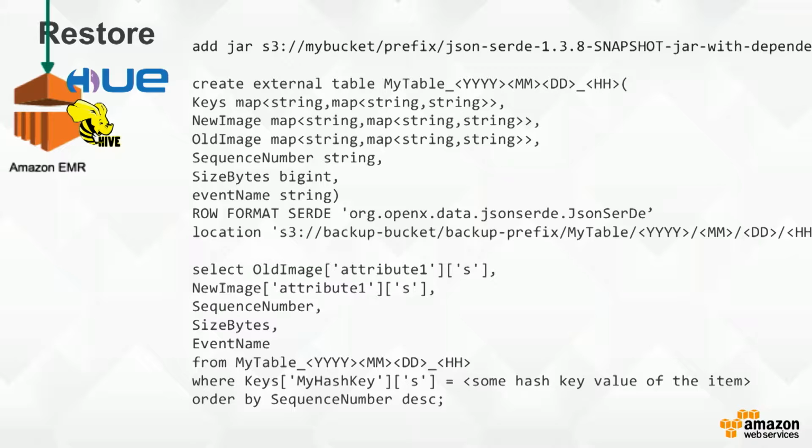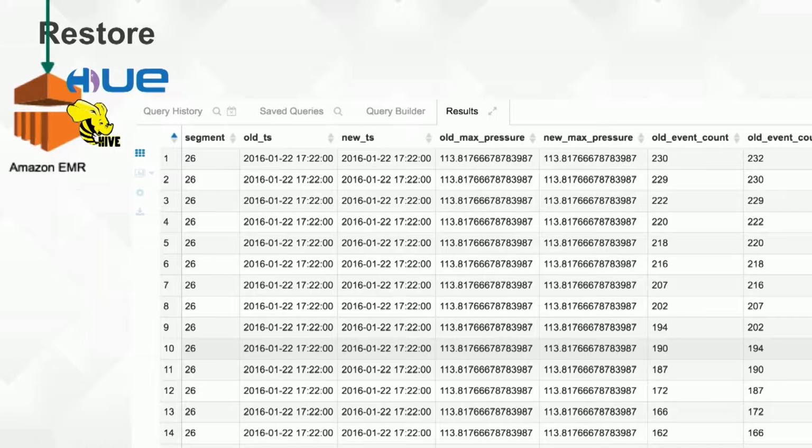Go out, give me the old image, the new image from my table, add a timestamp, where the keys maybe were the ones you were interested in. You can do this exploratory analysis, which is absolutely the first step in considering how you do a restore. And if you were to issue that query, you would see something like this. This is an example from an IoT platform we've been working on. And what you can see is that you have event counts, and you can see that those are ratcheting up over time, sequenced by the number. So every single change that's being made to that Dynamo table is available to you.